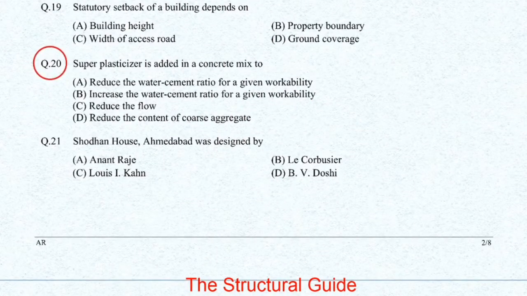The next question is, superplasticizer is added in a concrete mix to. The first option is reduce the water cement ratio for a given workability. Second option, increase the water cement ratio for a given workability. Reduce the flow, reduce the content of coarse aggregate. Let's first understand what is superplasticizer. Superplasticizer is basically a chemical admixture which is added in the concrete to enhance the workability